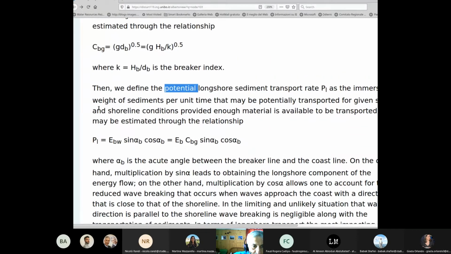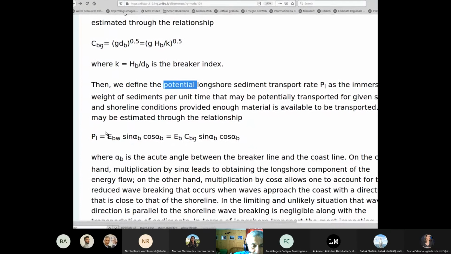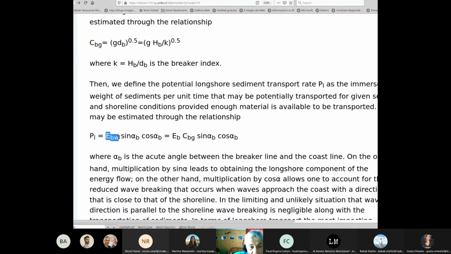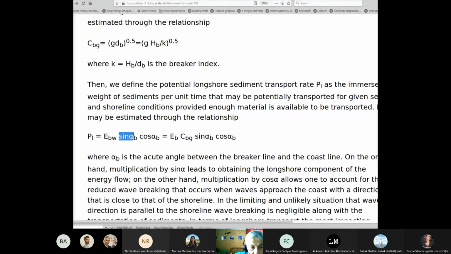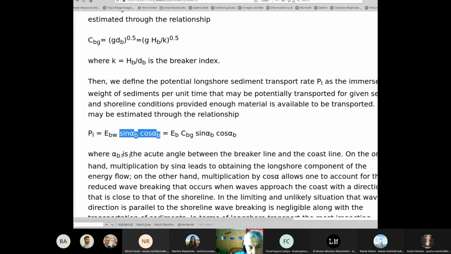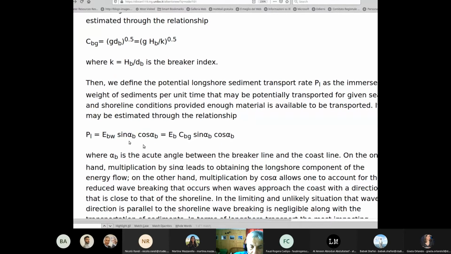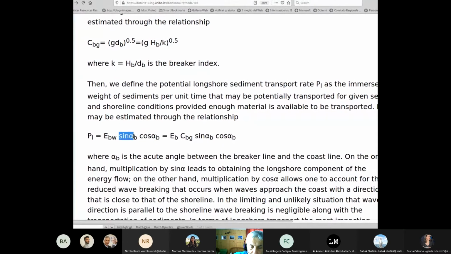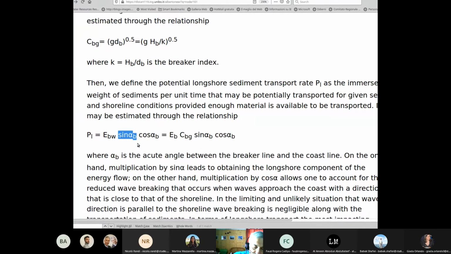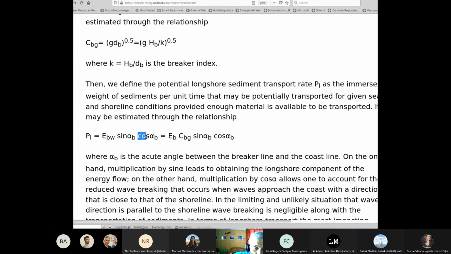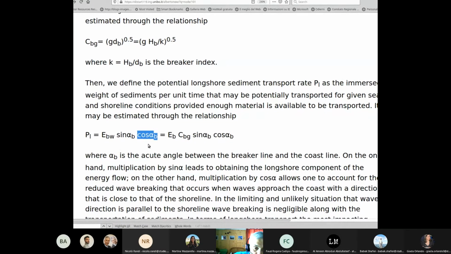So basically, PL is given by the energy flux, EBV, times sin alpha and cos alpha. Alpha B is the acute angle between the breaker line and the coastline. We already explained why we are multiplying times sin alpha to find the longshore component of the energy. We also explained why we multiply by cos alpha in order to take into account that the braking action,